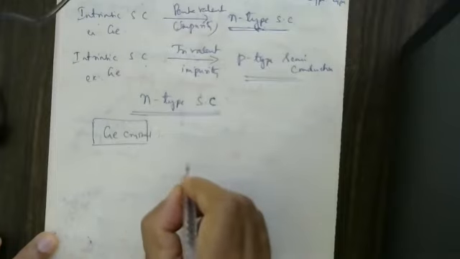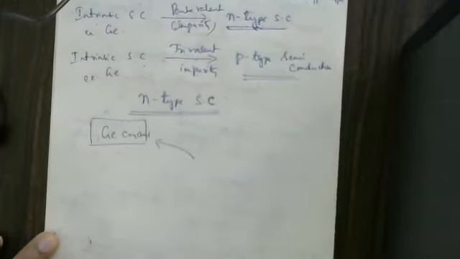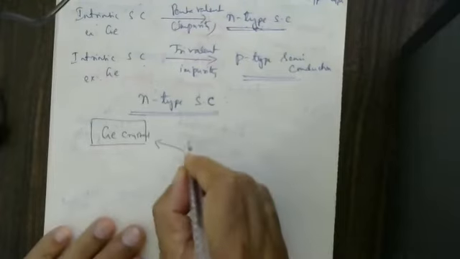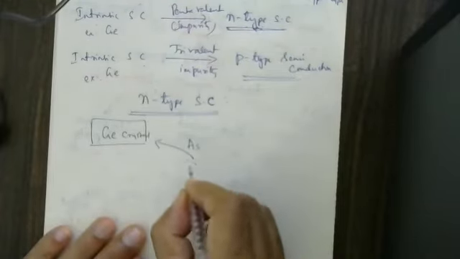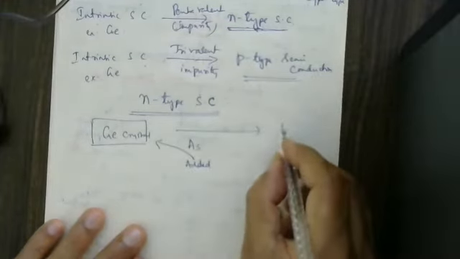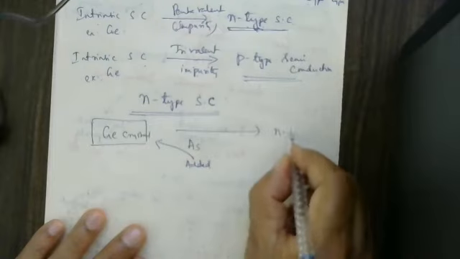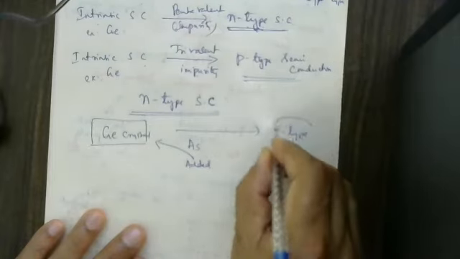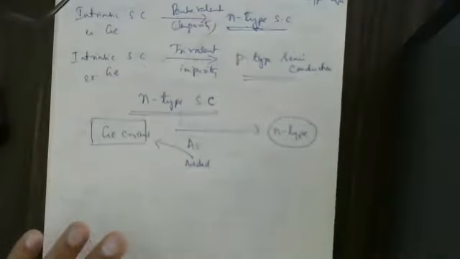For this germanium crystal, we are supposed to add any pentavalent impurity. Let me consider arsenic, it has been added. Now, the resultant one is called by the name N-type semiconductor. Okay, understood the concept? For a germanium crystal